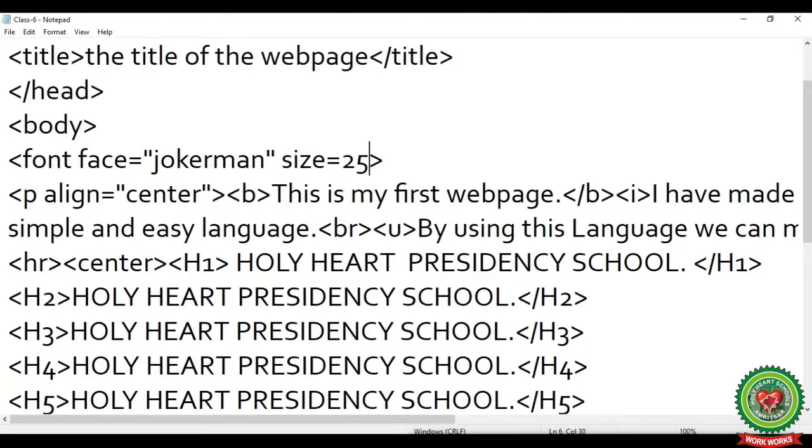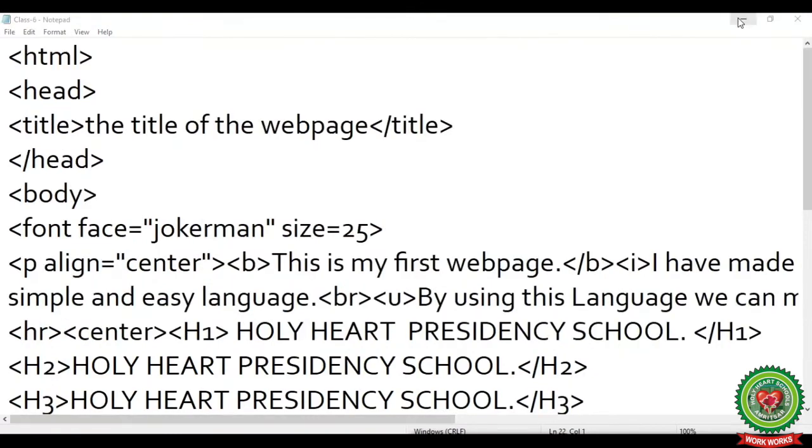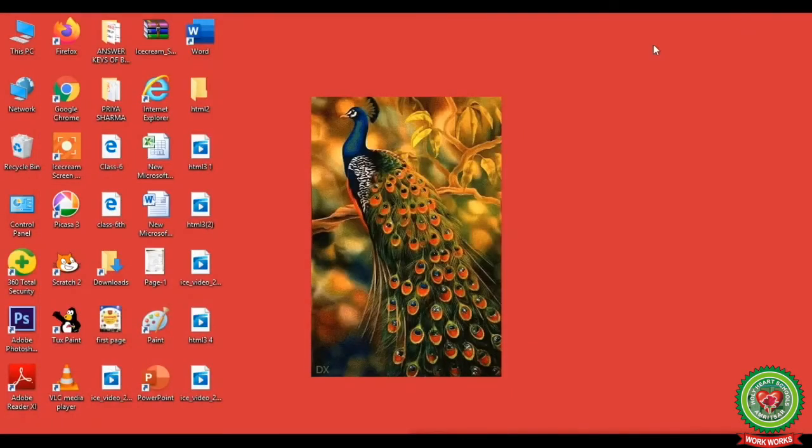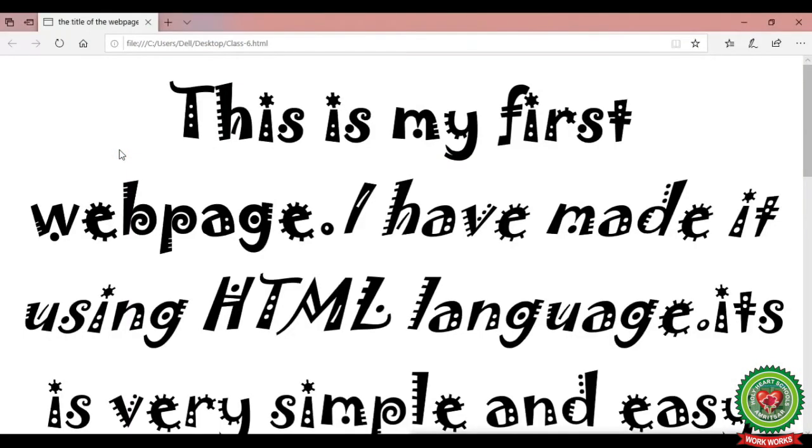Now save your file by pressing Ctrl+S from your keyboard and minimize it. Now double click on the HTML file on your desktop to see the output. Here you can see the size of the font has been increased by the value 25.